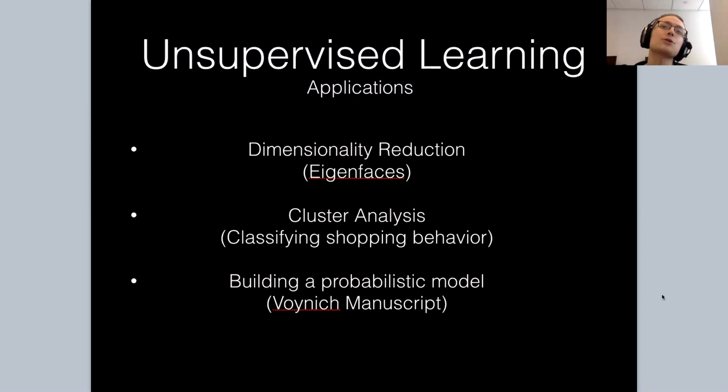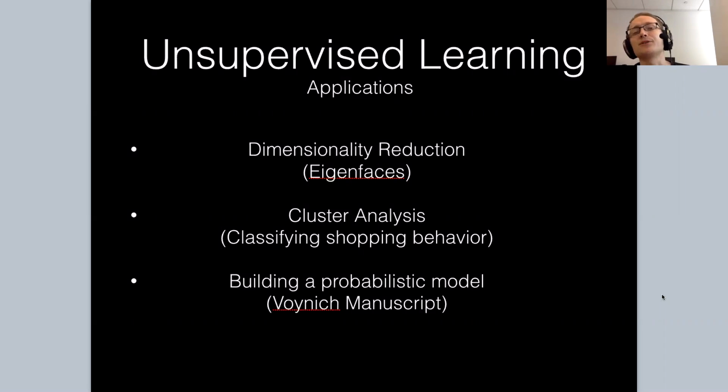You can do cluster analysis. So if you were running some kind of e-commerce website and you wanted to know if maybe there are different kinds of customers that you have, right? Because you might have one kind of customer who comes in to browse. You might have one who comes in with a very definite goal, and you'd want different advertising techniques to approach each of these different kinds of clusters. But before you do that, you need to find out if there are clusters. So you could run an unsupervised learning application on the behavior of a bunch of different customers and find the groups into which you could classify them, which you could then use for further processes. Or you could build a sort of probabilistic model of things,